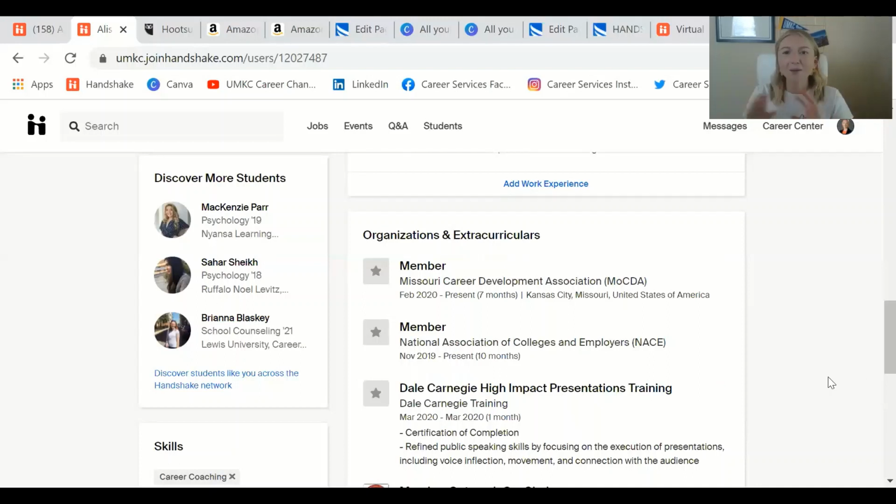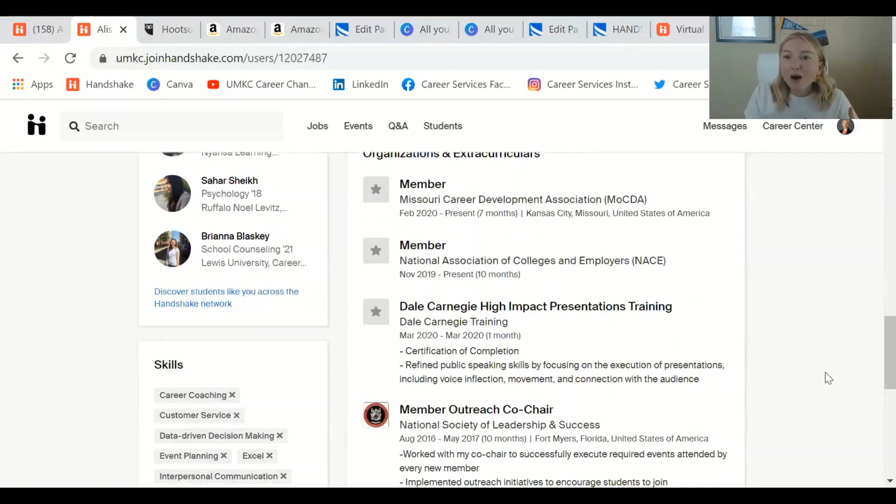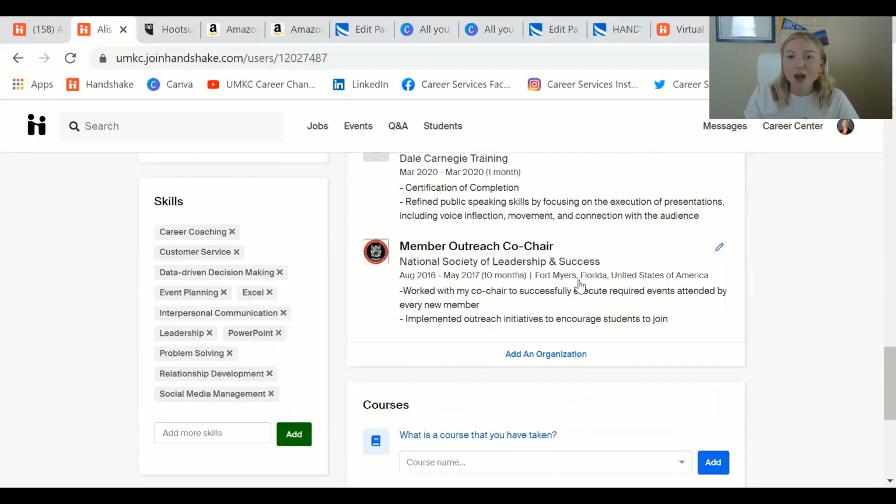So you can add a bunch of different hodgepodge of things here that are just going to boost your profile even more. If you are an exec member of some of these organizations, just like on your resume, make sure you note that. So I was the member outreach co-chair, and I gave a little spiel about what that entailed, and really wanted to show leadership skills that I learned through that experience, and that's what you guys want to do as well.